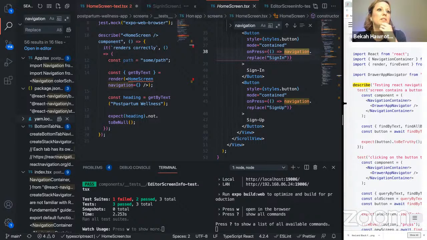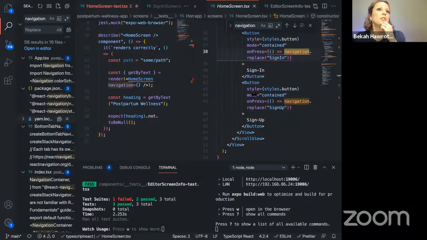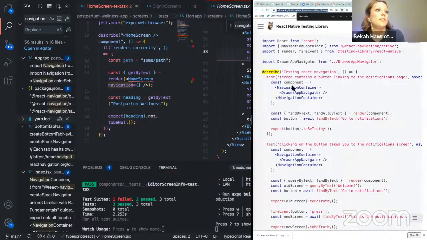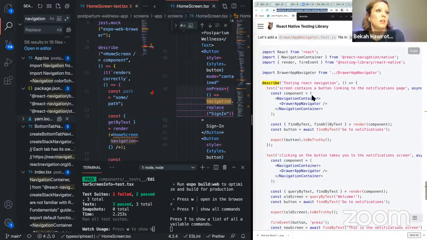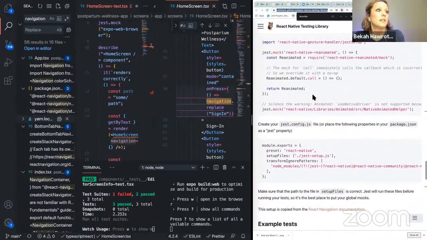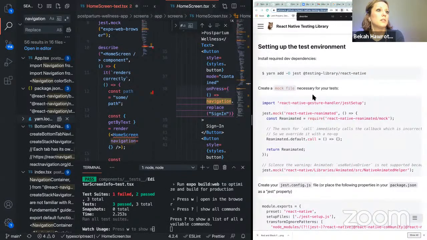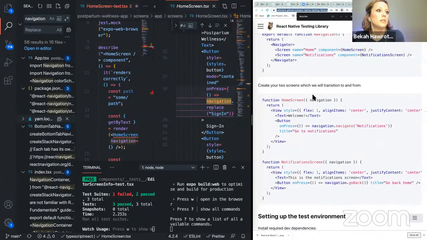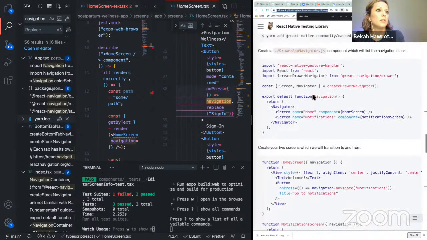Okay, wait, let me just open up these docs again just to see what they're doing here, because I think they're showing you the test here, navigation. Now let's see what it looks like. Okay, so this is what they're testing.